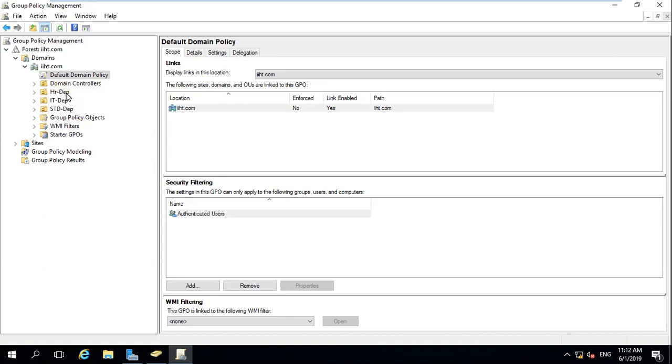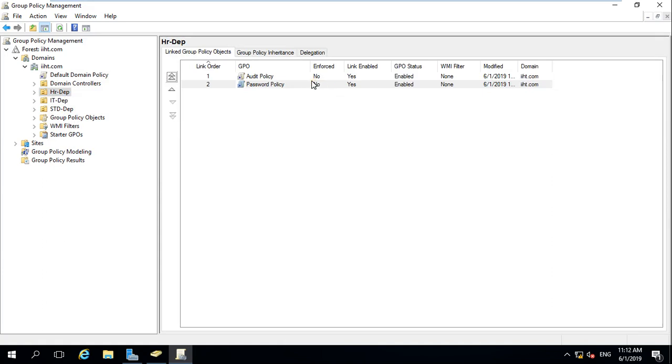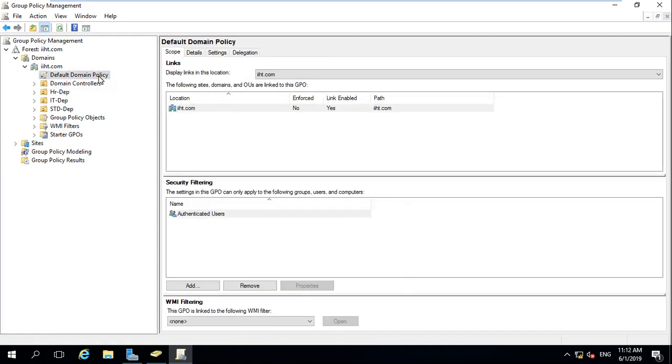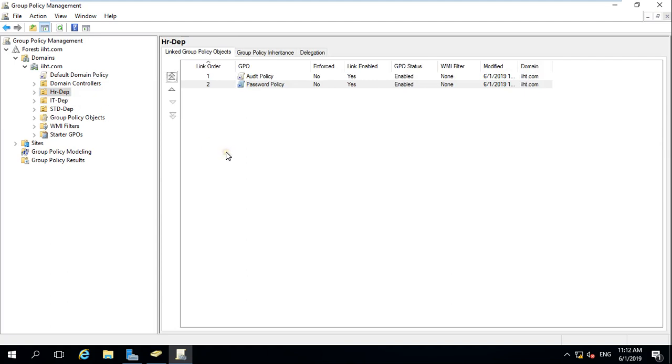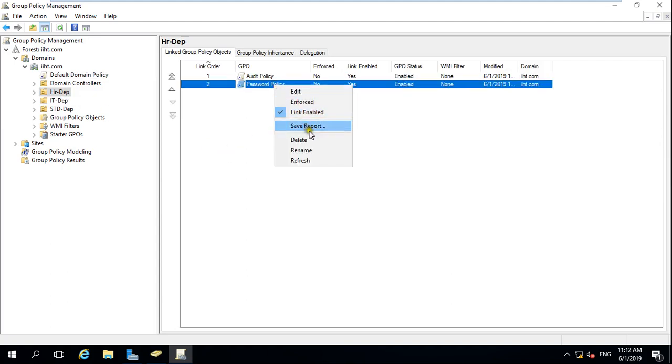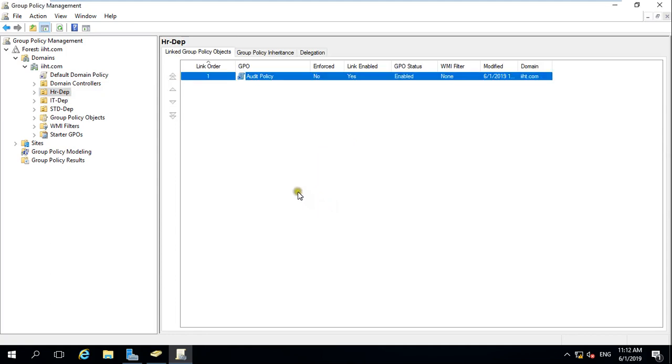So now you said, okay, let's create a separate policy for this one. When you created a separate policy, this policy has been overwritten by the default policy. So it is not working, right? Now what is the solution again? Okay, let us delete this policy. The solution is known as fine grained password policy for individual OU.